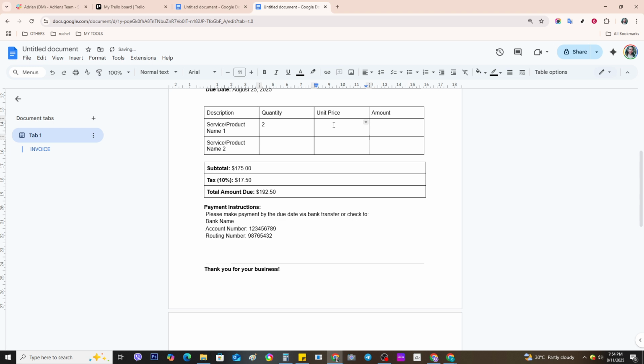Moving on, it's time to create an itemized list of the products or services you are billing for. Again, insert a table, but this time opt for 5 columns. Label these columns as description, quantity, unit price, tax, and total. Add as many rows as you need, one for each item or service, providing a clear and detailed breakdown of